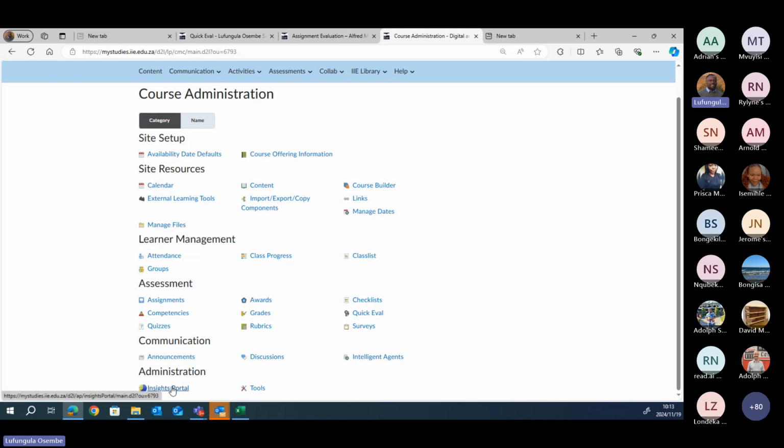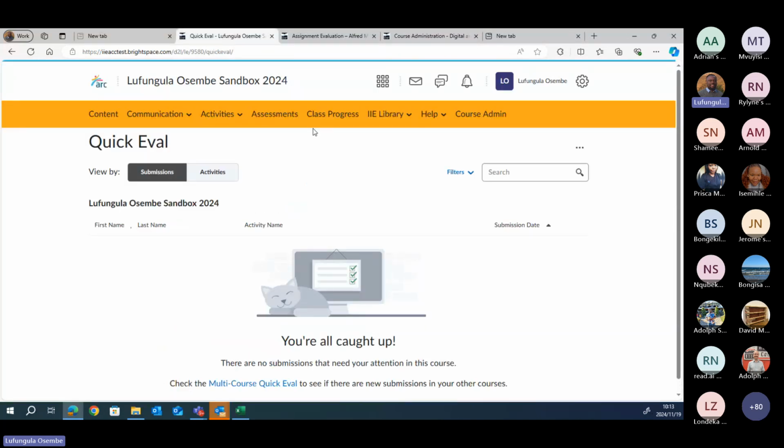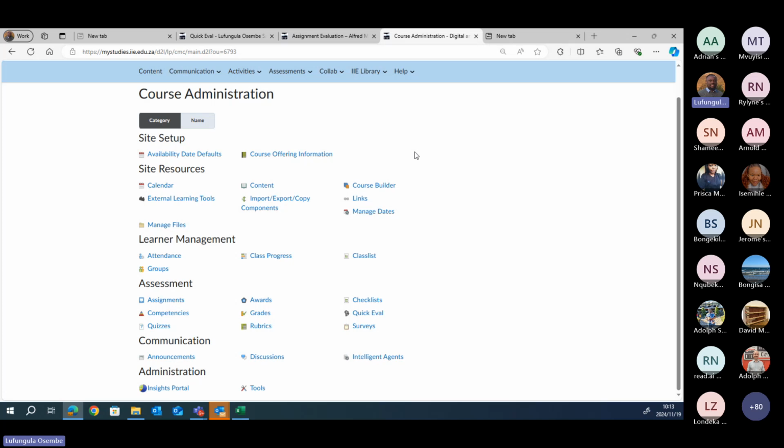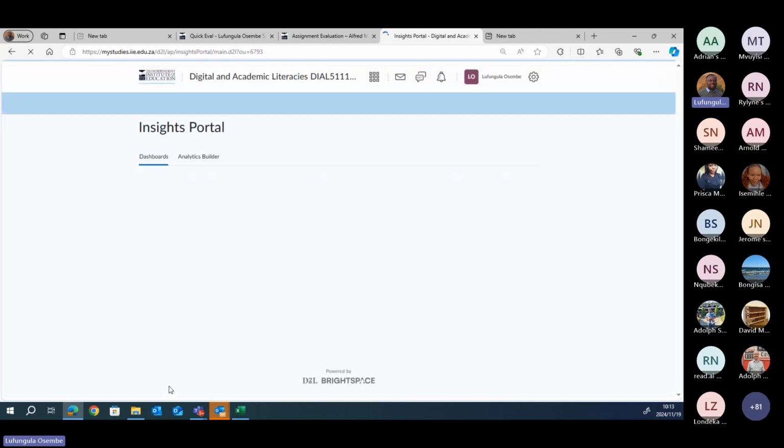So if you click on this, oftentimes if you check your demo, you'll find under course admin, it will take you straight to the Insight Portal. And then if you are using the live system, you'll find this particular feature under administration. It's quite a bit hidden, but you just have to look for Insight Portal. So I'll take you through this particular